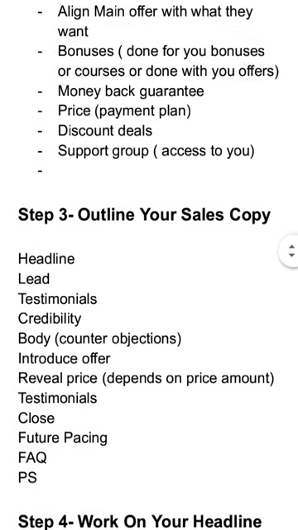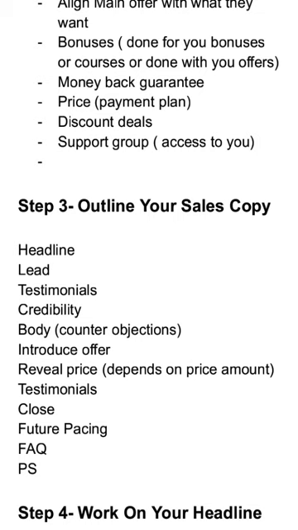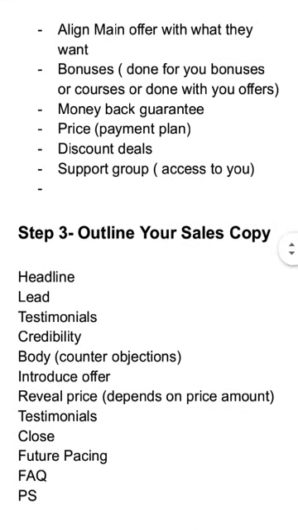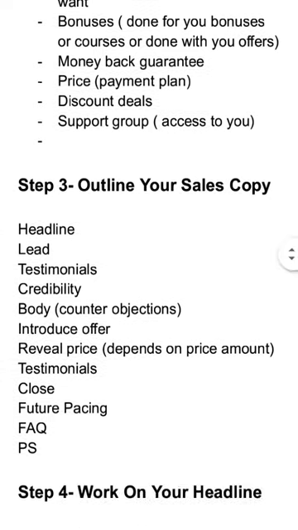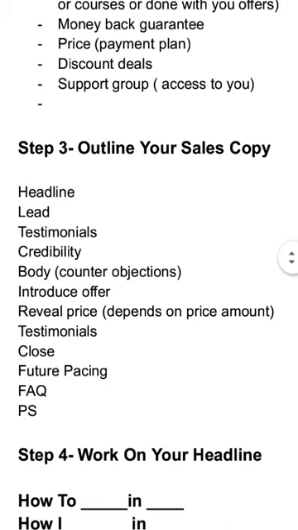So when you're done with your research, in fact, your research helps you to know what to add in your offer. Because when you're doing your research, you'll be able to find out the different problems people have, and you can turn those problems into bonus courses you can add to make your offer irresistible. That's why research is very important. You need the research to be able to write your copy and to be able to make an irresistible offer. Do it. Now, the next step is step 3.